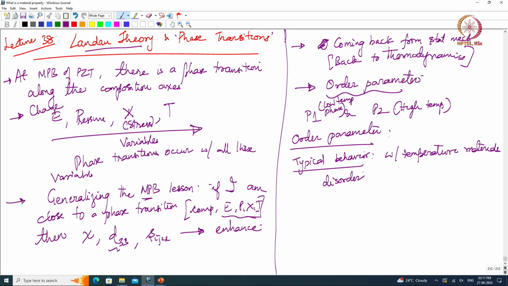Okay. So, if I define something called an order parameter, I am going to say the order parameter in phase 2 is equal to 0. This is some physical quantity which in phase 2 is 0, whereas in phase 1 it has some value. So, I am going to call it P or whatever. So, now if I have, let us say,